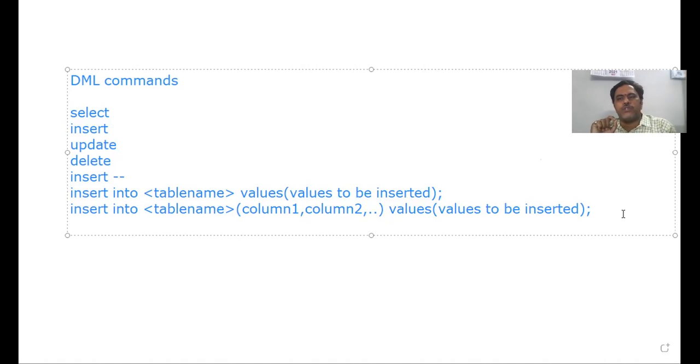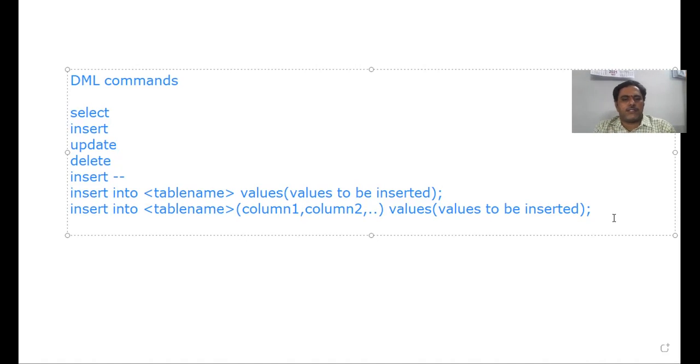If you want to insert only a few columns into the table, then you have to specify the column names along with the table name. So what is the difference between them? See an example. I have the details like this: hall ticket number, name, course, marks 1, marks 2, marks 3, and total. The total column need not be inserted because it has to be calculated automatically.